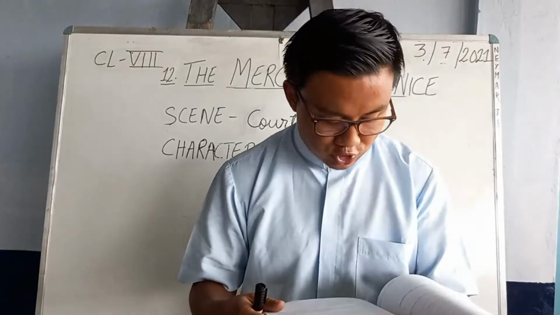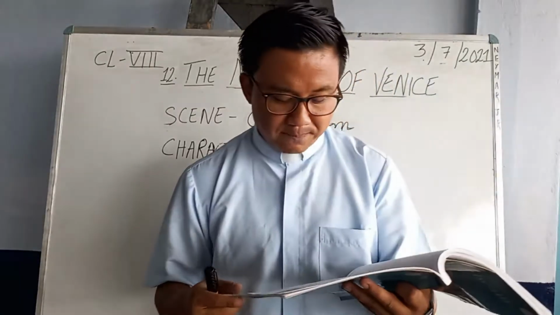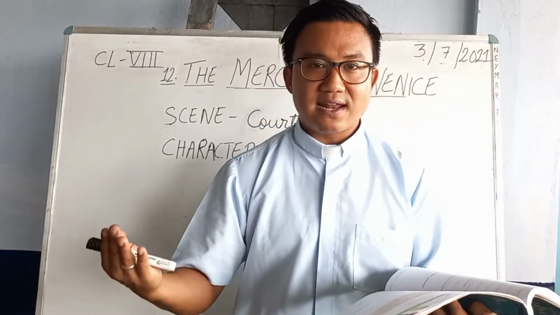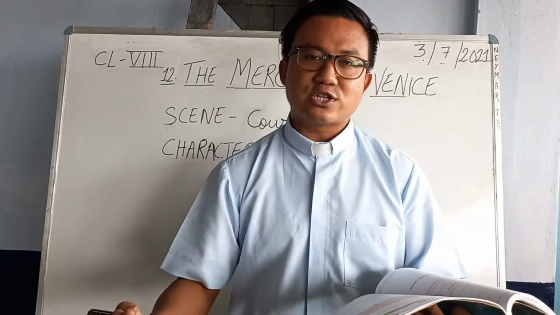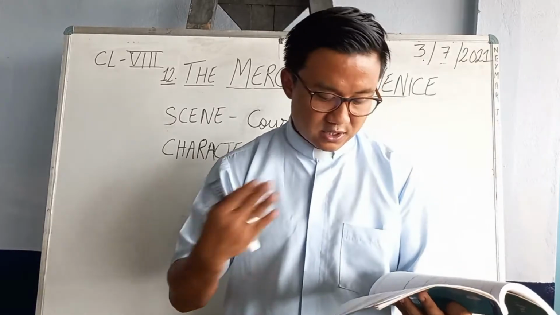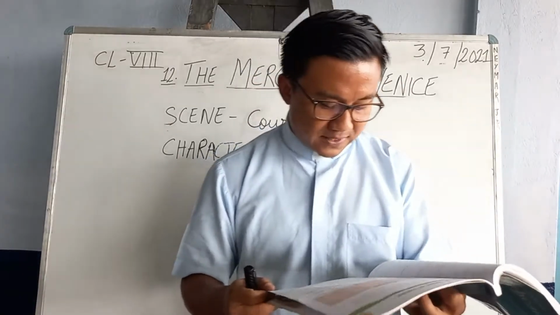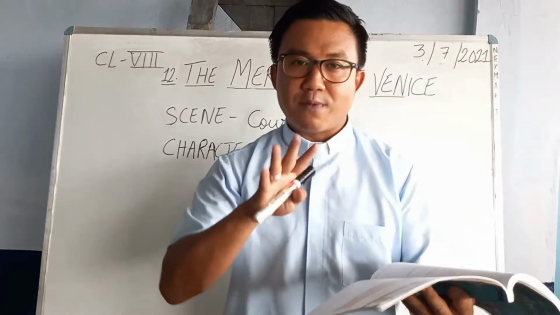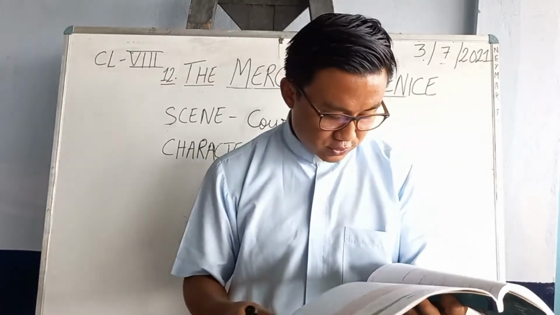He is asking Portia. Portia says, yes, informed me thoroughly about the case. Which is the merchant here and which is the money lender? Now see, Portia is very clever. Actually she knows Antonio and she knows Shylock, but she is pretending as if she doesn't know them. Very smart girl. The Duke says, Antonio and old Shylock, please stand. These are the main two parties, so they are asked to stand.